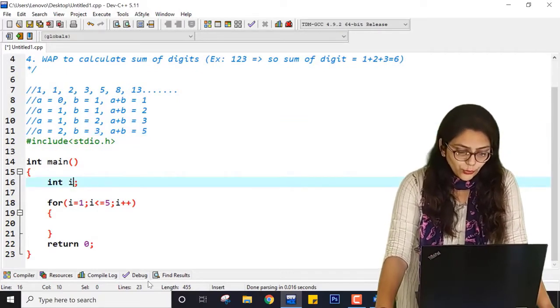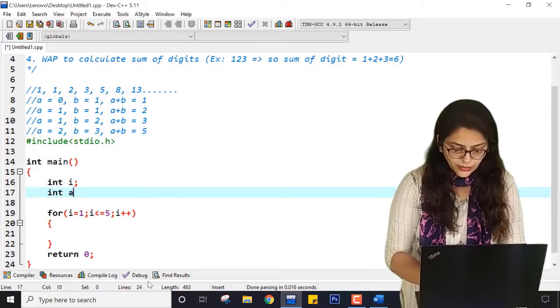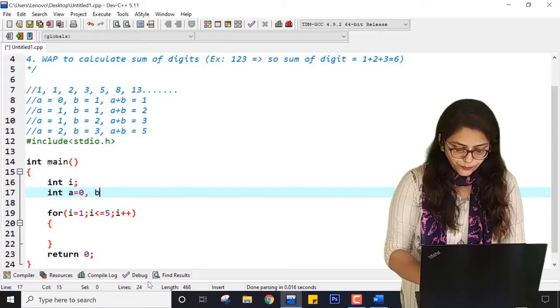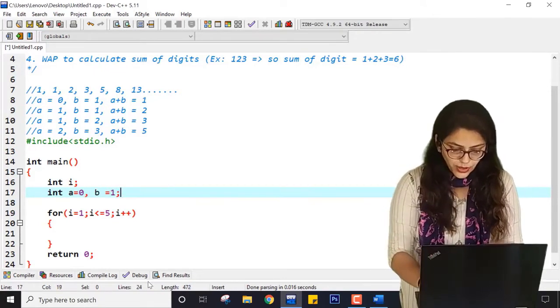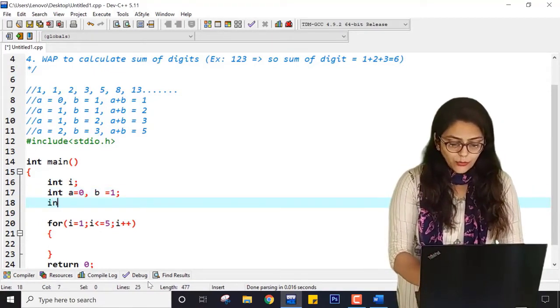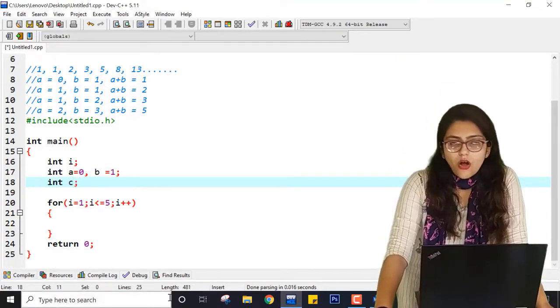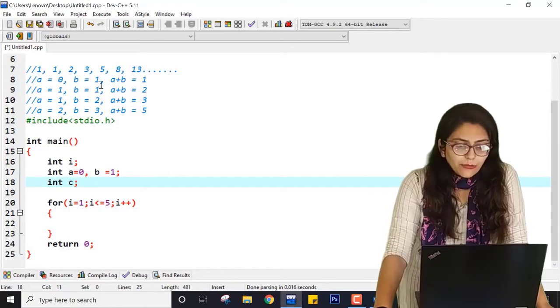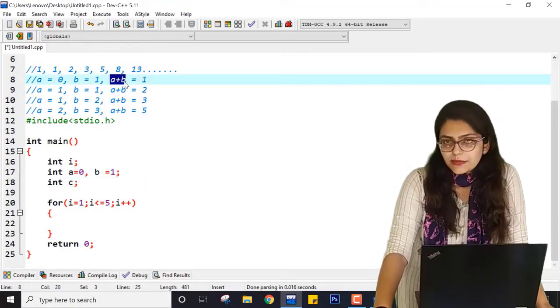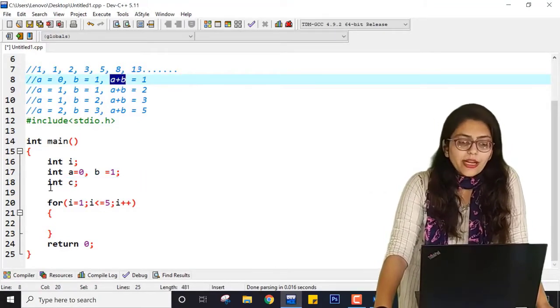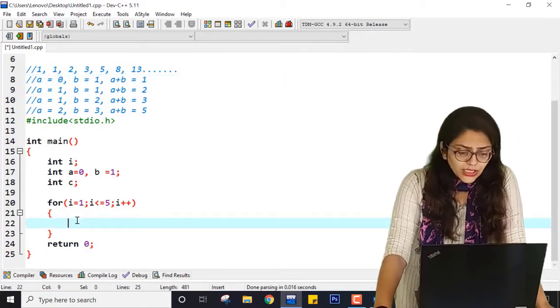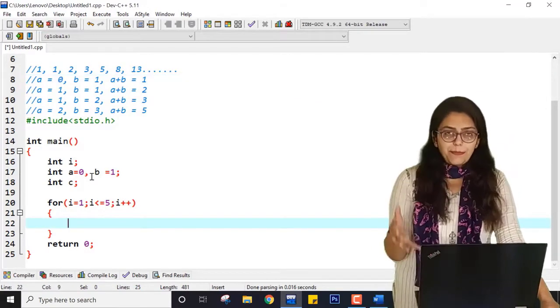So now what I am doing, I am initializing two variables a equal to 0 and b equal to 1, right? Now I am also taking one variable c, which will store the result of a and b. So every time I am not going to write a plus b, I am just writing c. You can eliminate this variable. Now inside the loop, what is happening?